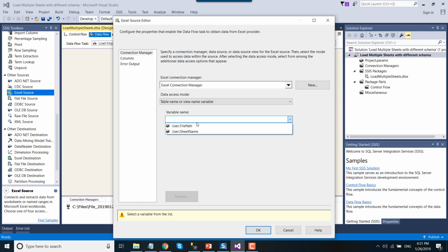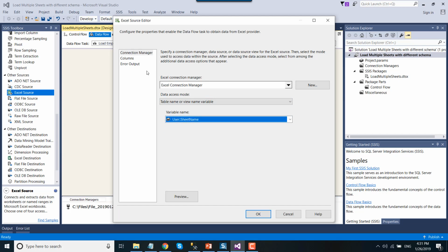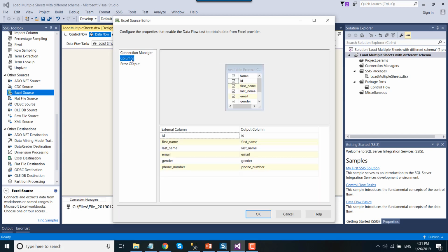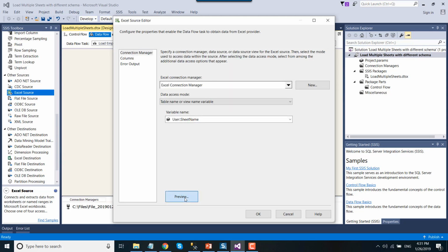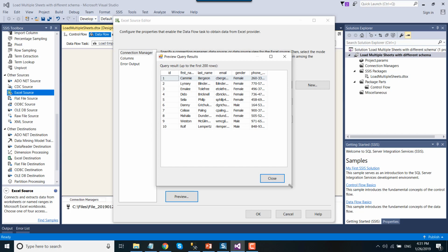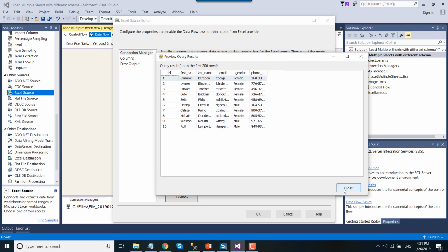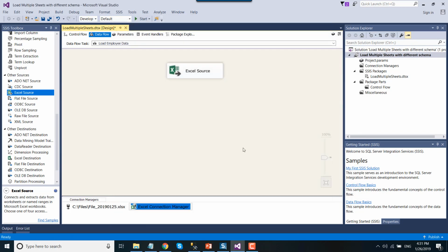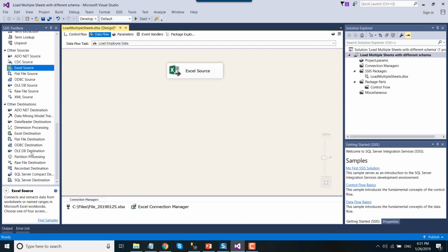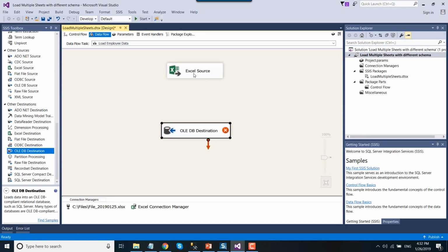And then under variable name, we need to select the sheet name, because we need to load the data for the employee sheet. So if you see, these are the columns for the employee, and even if you click on preview, you will see that these are the employee data actually. Click close, click OK, and now let's drag and drop the OLEDB destination